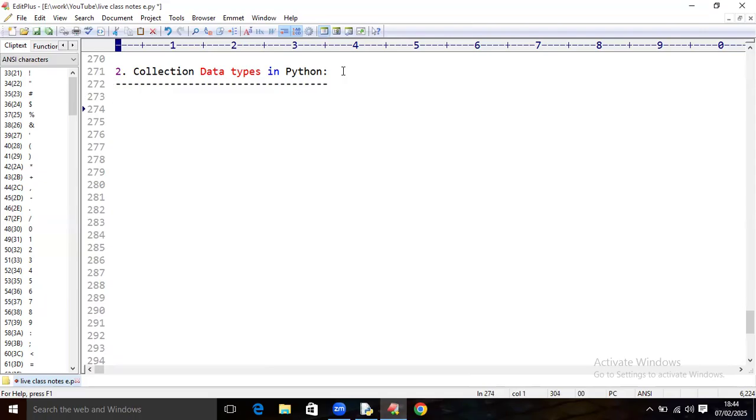The first type in the collection data types is the bytes data type. Here, if we have a look at Java programming,